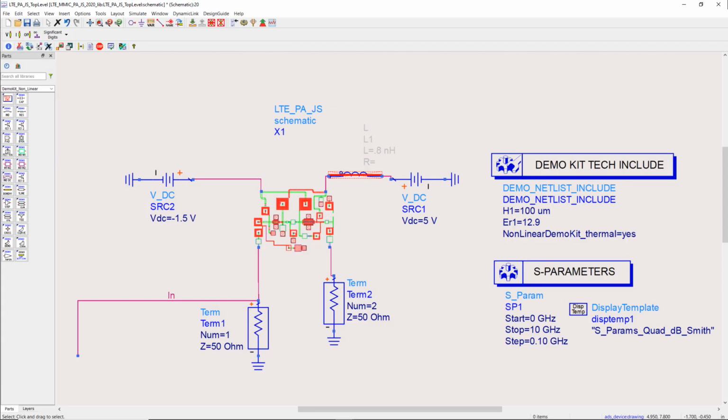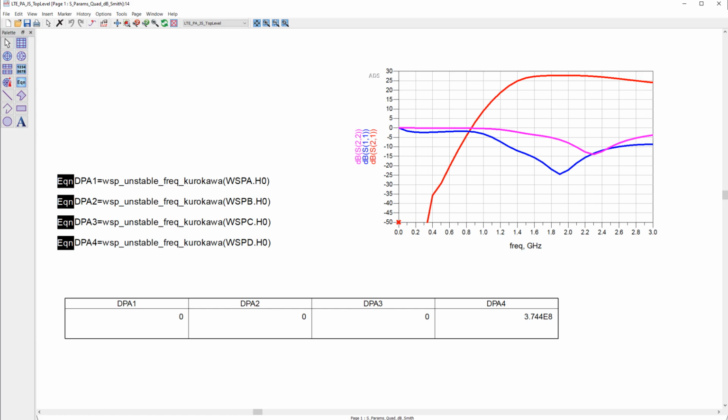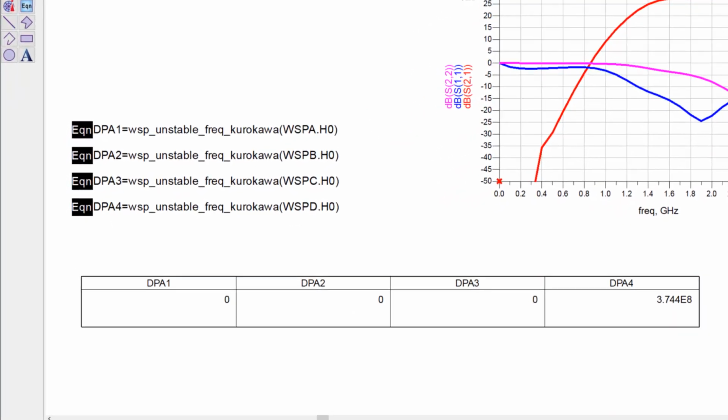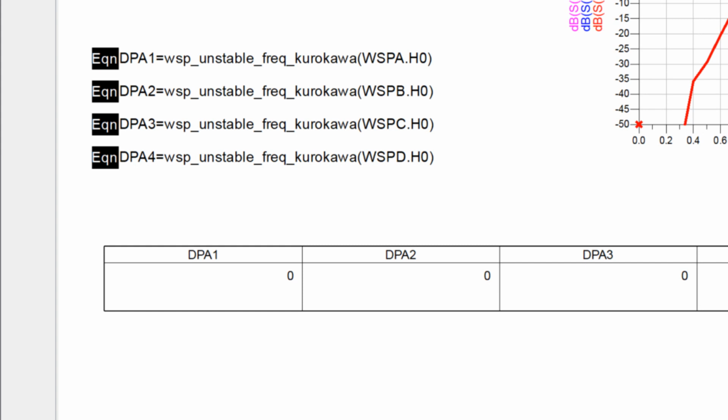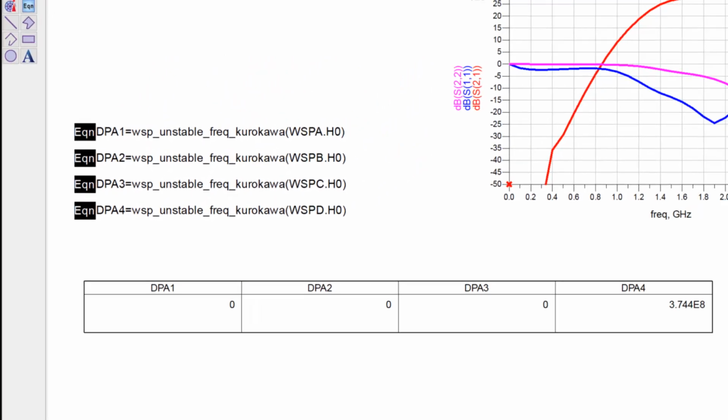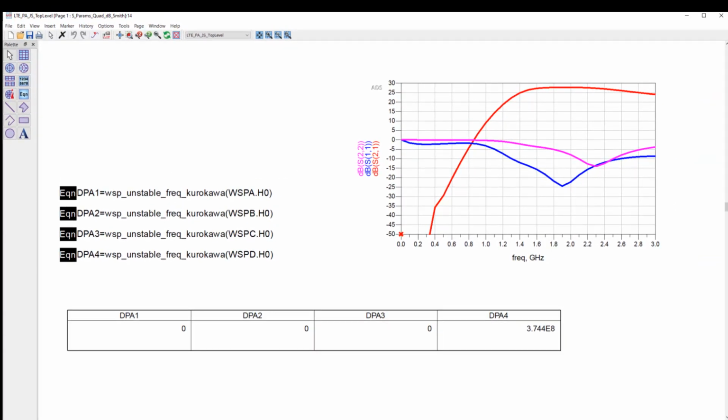I decided to focus only on the MMIC PA since it is the source of that low frequency spike. So first I used the original schematic design with the probes. And here are the results. You see here the Kurokawa function inverts the driving point impedance into admittance and then displays the frequencies where right-hand poles or oscillation is being detected.